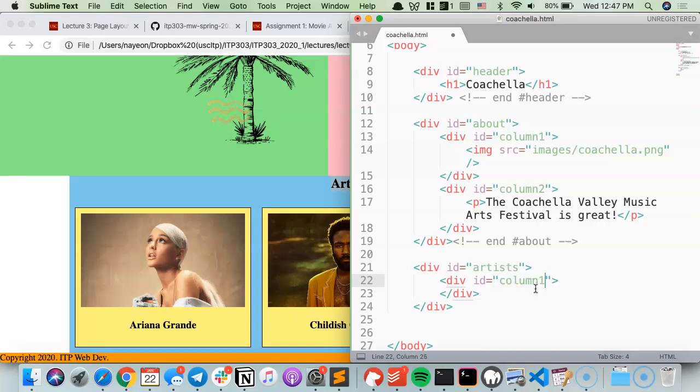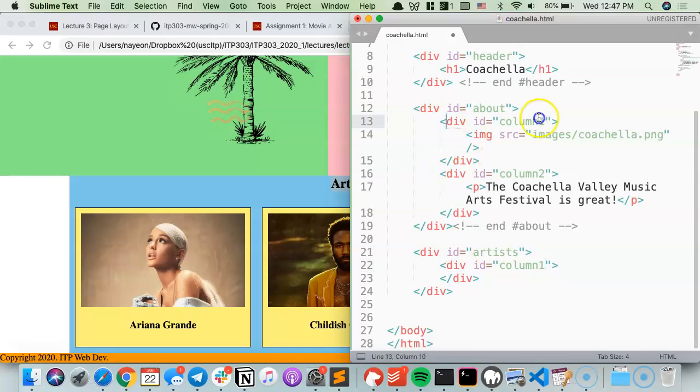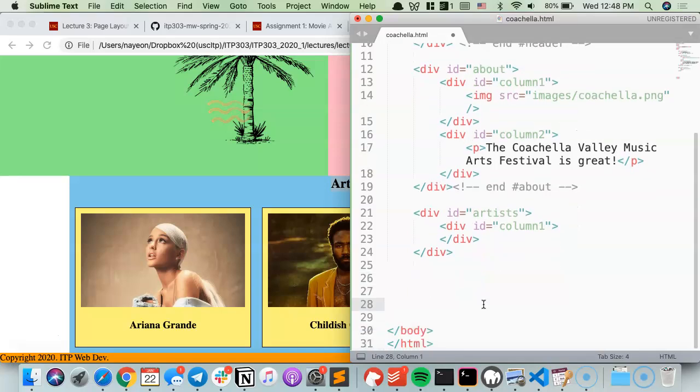So with IDs, unfortunately, I can't do something like this. Once an ID is used once, I can't call another one column 1. The reason is that IDs are supposed to be unique. Only one element can have an ID, so I can't reuse IDs twice like this. If I did need to use column 1 twice, something I could do